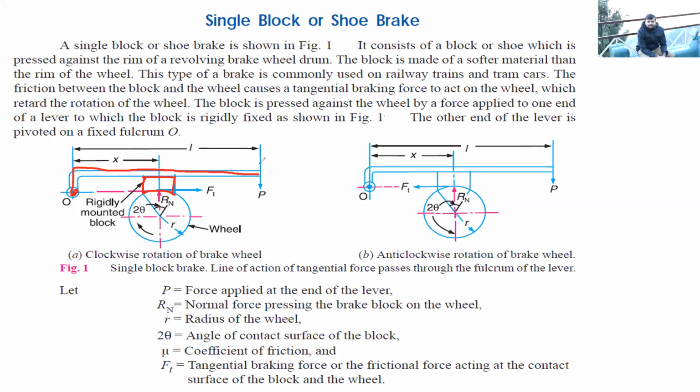Okay, so let's suppose this wheel is rotating with some angular velocity omega. Okay, and if you want to stop it, then we'll apply a force P over here, so that this block will come in contact with this wheel, and because of the friction which is generated, it will try to stop this wheel. Okay, so if it is not clear, let me just show you with this diagram over here. Okay, so this is your wheel. All right, and let me draw the center line for this wheel.